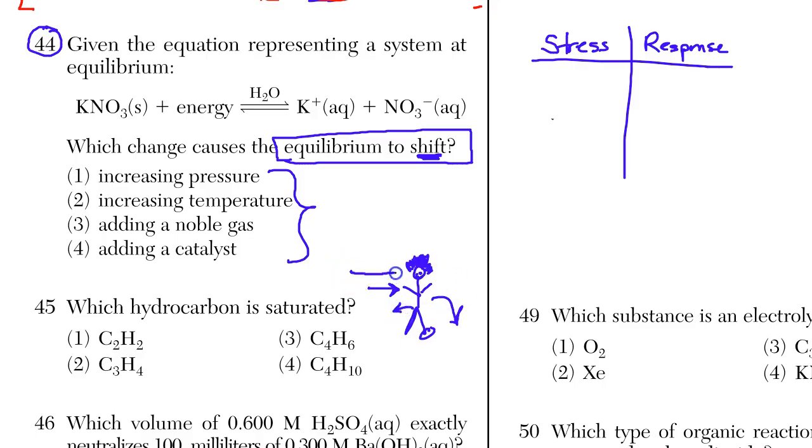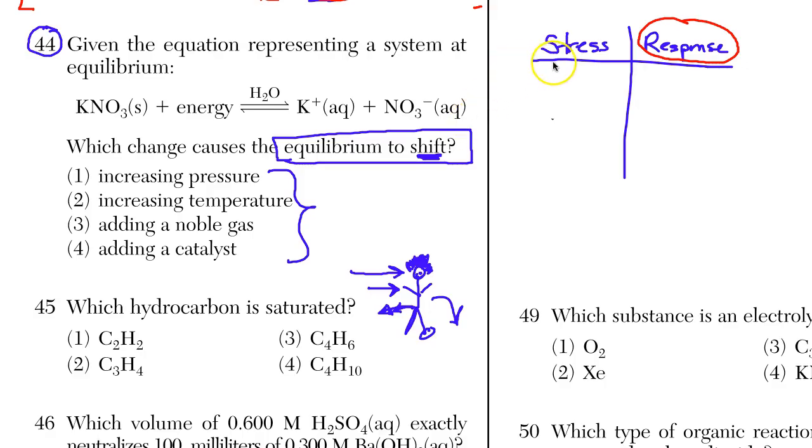So whatever I do by putting a force, I'm going to have to push the opposite way on my feet to regain my balance. Reactions do that. You give them a stress, they're going to respond by doing the opposite to regain their balance. Okay, so the reaction's response is always going to be the opposite of our stress so that the reaction works toward equilibrium. That's a really important thermodynamic principle that we'll learn in more advanced chemistry classes, that reactions always work